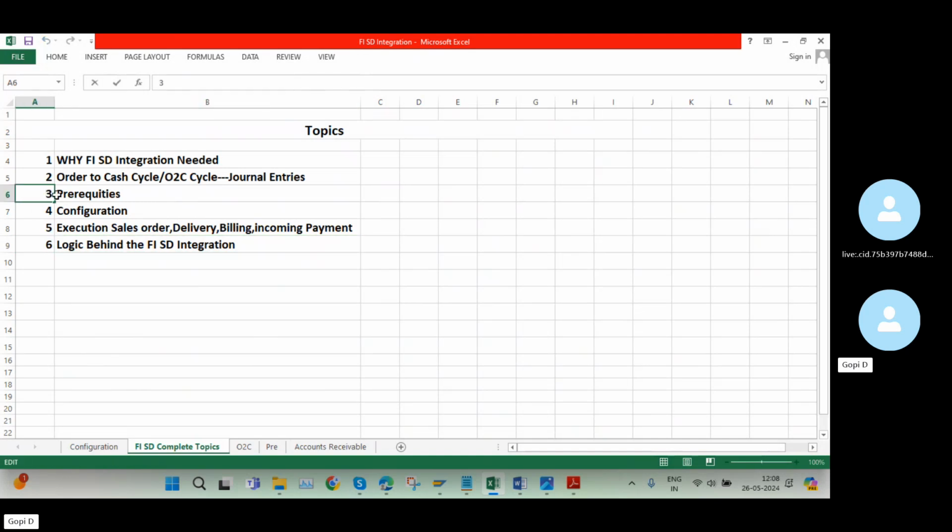Otherwise I can change this one as 2, this one as 3, this one as 4, and this one as 5. Like this, I will cover the FISD complete end-to-end configuration with general entries, with execution, with explanation,